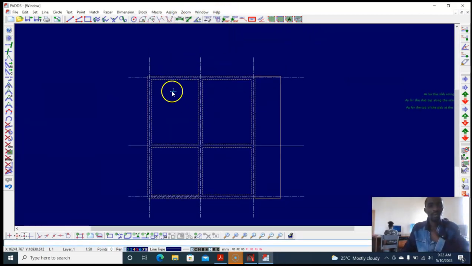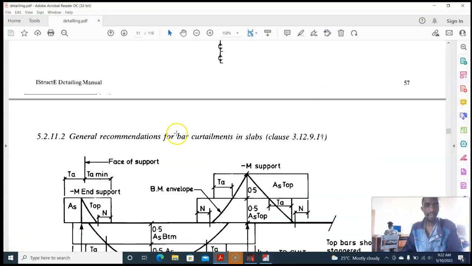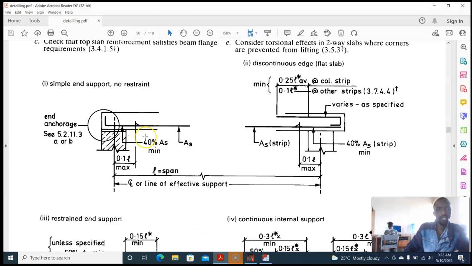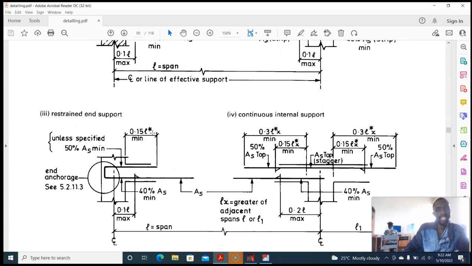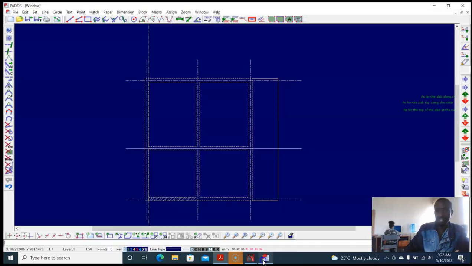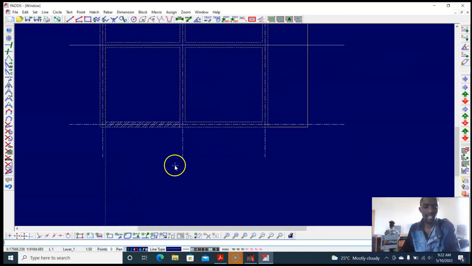So what we're going to do is, for the slab, you remember this thing here. So this end is a restrained end support. So we are doing this 100%. So we're gonna get the center line offset 0.1 of L. You see, 0.1 of L. So what is our L? L is from here. This dimension